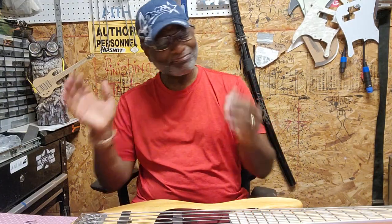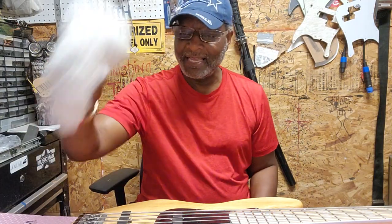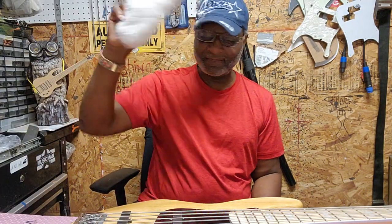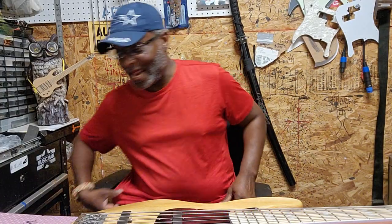All right, so today, this bass came in, y'all. I'm going to tell you exactly how it is. This bass came in pieces. The only thing that was on the bass was basically the body and the tuning keys. That was the only thing on the bass that I saw. So on this bass I had to put a bridge on it, a preamp in it, pickups in it, and the most treacherous thing that happened was right at the first